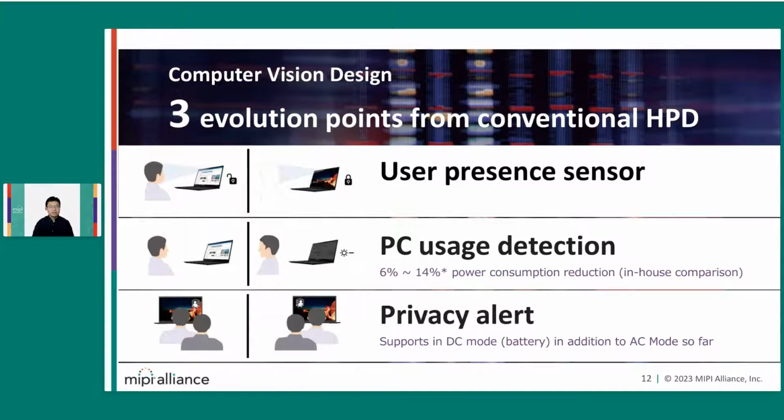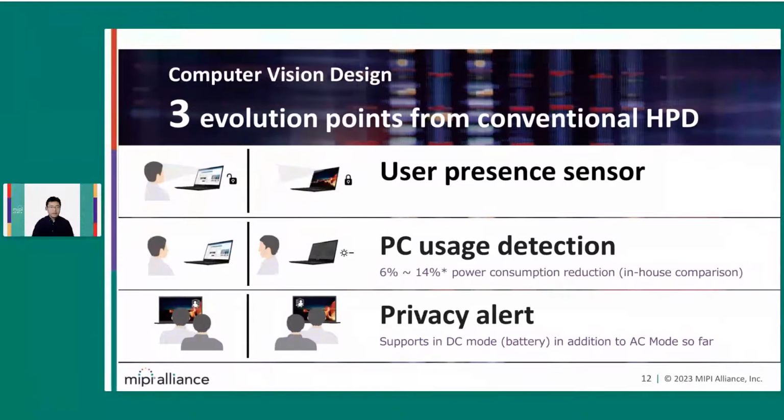And we can also save more power by PC usage detection. For example, if you're not looking at the display, the display brightness will be reduced automatically. All this depends on the user's behavior. Our study shows we can save 6% to 14% power consumption in our Gen 1, the first generation